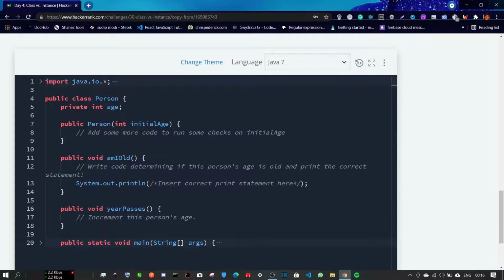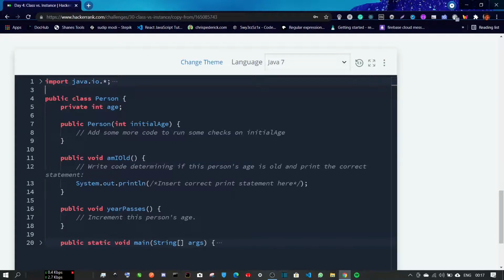So first, we see a private integer age. So this private integer age, the age variable, is inside this Person class, right? So we are solving the problem for class versus instance.